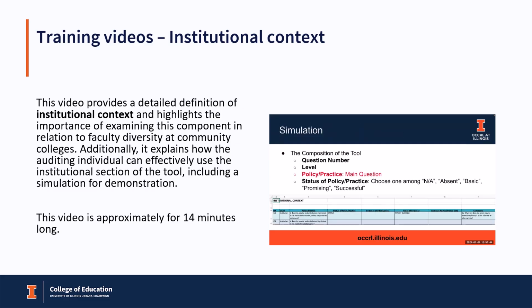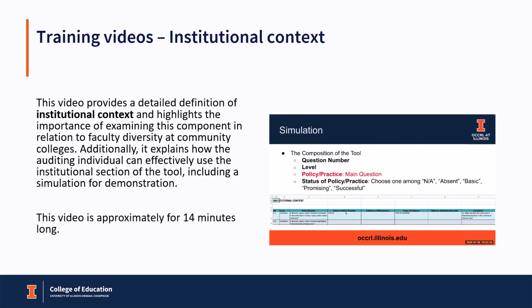And I will guide you through examining your institution's context using this audit. Let's go through it step by step. First, in this tab, we're addressing the institutional context. Every question here is focused on the institutional level, so you do not need to worry about the level for each question. Now, take a look at the third column. Here, you will find the questions that need to be answered. Your response will go in the fourth column,